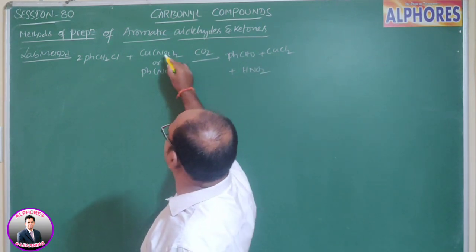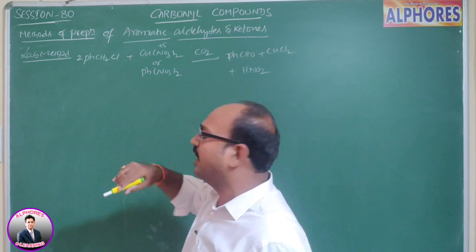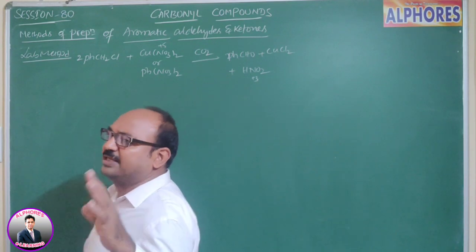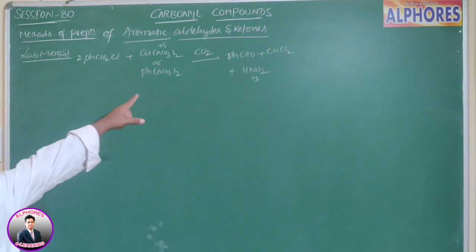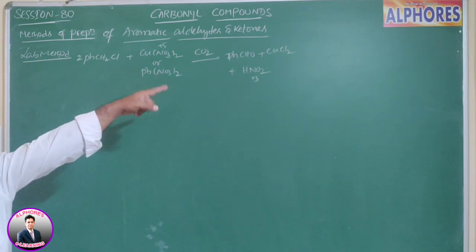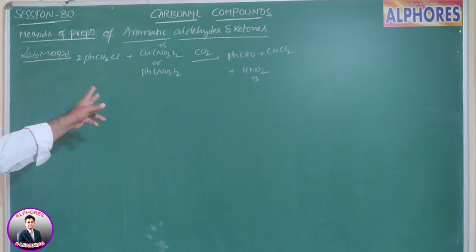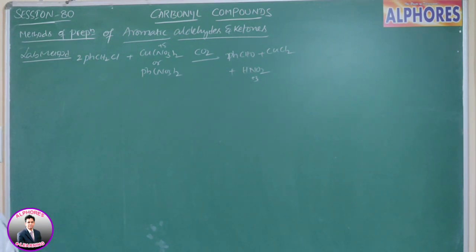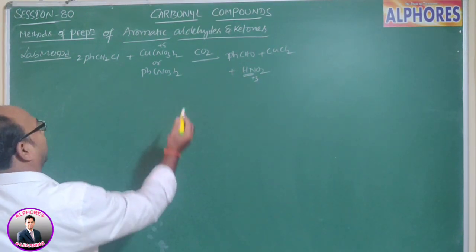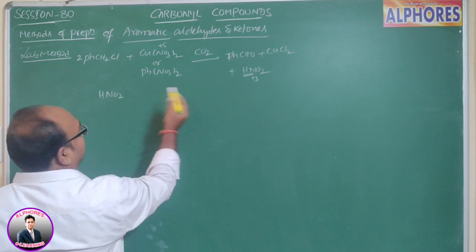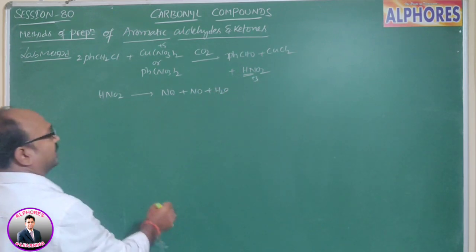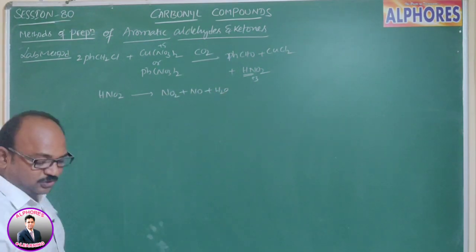That means here nitrate, with nitrogen in the +5 oxidation state, is reduced to the +3 oxidation state. Copper still remains as Cu2+ and lead remains as Pb2+, but only the nitrogen oxidation number changes from +5 to +3. That means nitrate ion acts as the oxidizing agent, and it is reduced to HNO2. Further, HNO2 dissociates to NO2, NO and H2O.